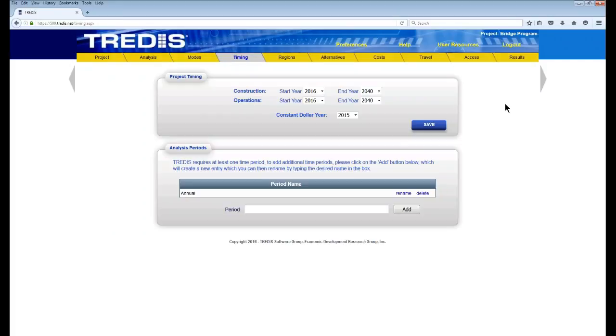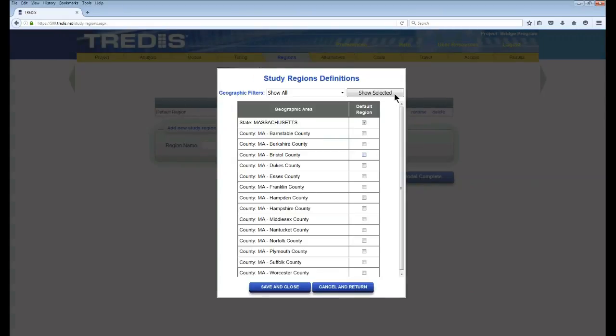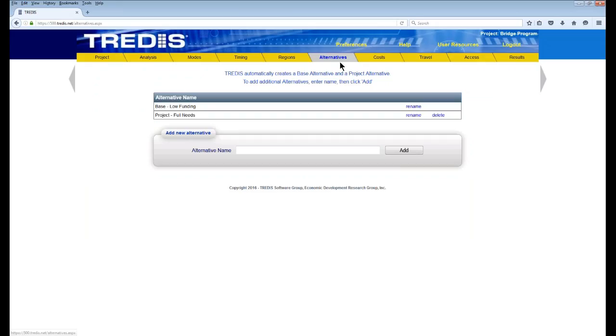Just as with Adam's project, we have construction and operations years that completely overlap, showing that we're spending money in each year of the analysis and also keeping track of travel characteristics throughout that time. In this case, we're looking at the entire state of Massachusetts in our economic model. Just as Adam used Suffolk County, this has already been built so that we can continue to look at the